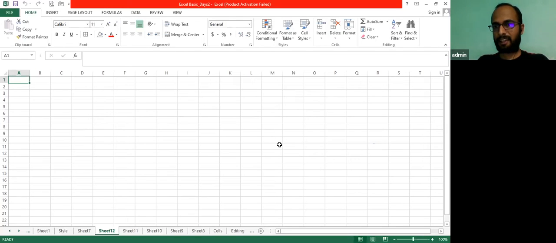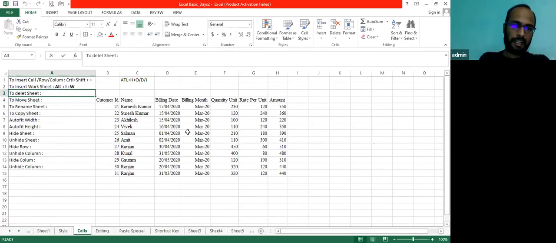Can anyone share a screen with me, like we have used this command? In the last session I explained that we can use any command using the Alt key, but in this case, Alt I W, if you press Alt I W, you can see that no command is activated in our sheet, but still we are able to add more sheets. For deleting the sheet, first we need to move to that particular sheet that we want to delete, and then press Alt E L. So to delete a sheet, we need to use Alt plus E, then L.